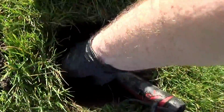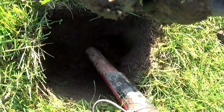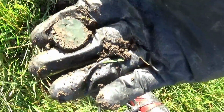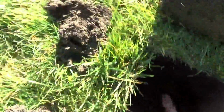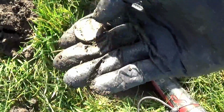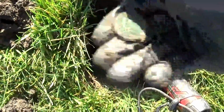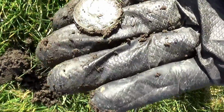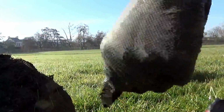Hang on. What's this? Oh, hang on. Is that two? No, it's a big thick one. Or is it two? Well, that's a halfpenny. I never thought I'd find another one. Vicky, oh, that's in good condition. Look at that. But it looks like there's two. It's so thick. Can't be, surely. Let me just...